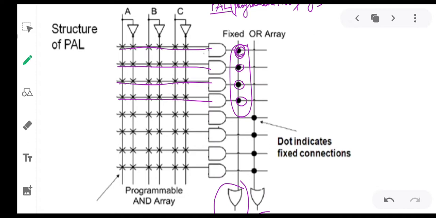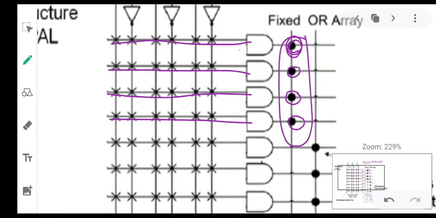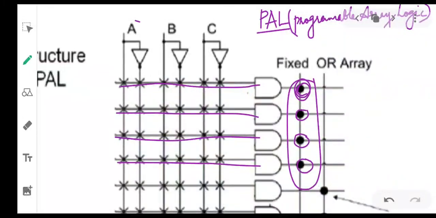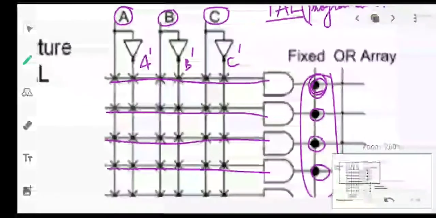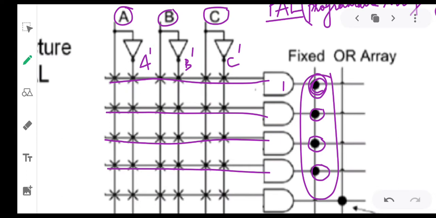Suppose this is the function A, this is the function B, this is the function C. Of course this will be A complement, this will be B complement, and this will be C complement. Suppose you are taking the first product term or first AND gate, and I want the product term A bar, B bar, C. Then I require only A complement, B complement, and C to be ANDed.